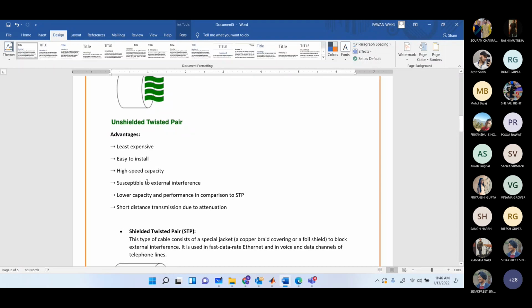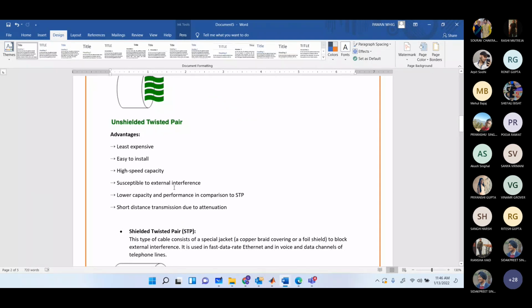So this is again the quality of the unshielded. Lower capacity performance compared to STP. Yes, STP was created because its capacity is lower. You cannot send many signals through a single wire. And short distance transmission due to attenuation. Attenuation is a kind of resistance. So that is why unshielded twisted pair cables are